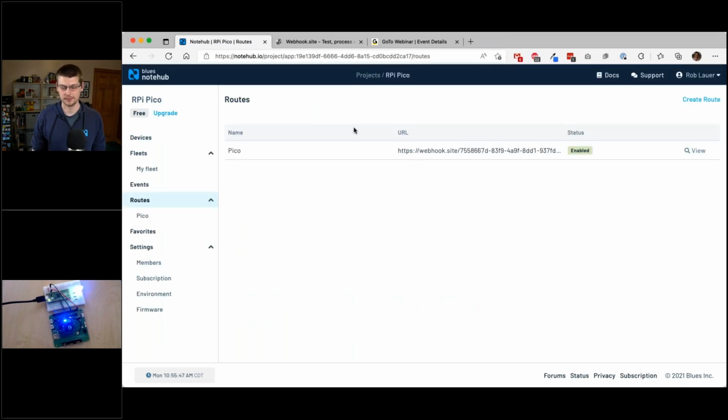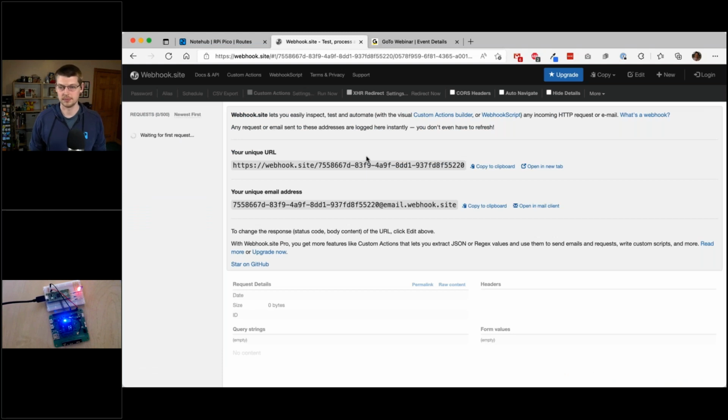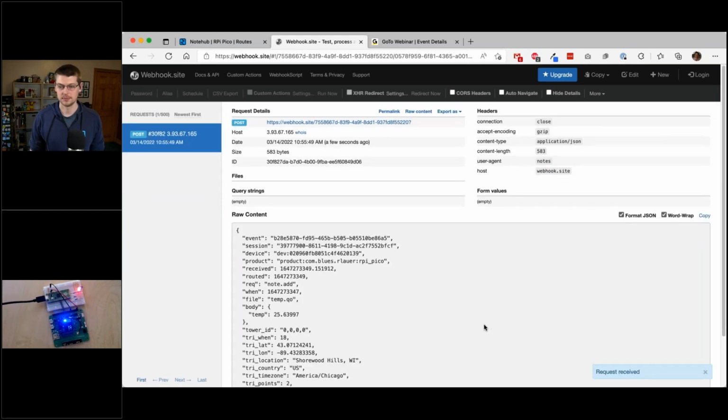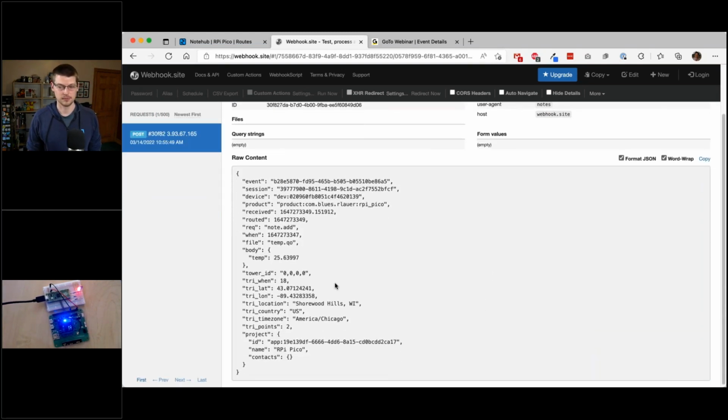It's been created. I can hop over to webhook.site, and there, some data just came through, right? So it shows you how easy this can be to get data, obviously in my case over Wi-Fi, but I could swap in a cellular Notecard and do exactly the same thing, really just in a matter of minutes. So with that, let me pop back over